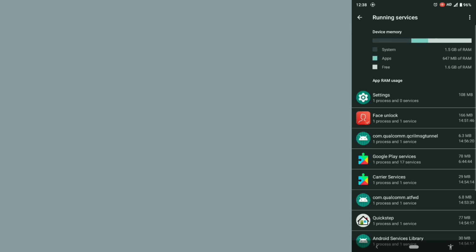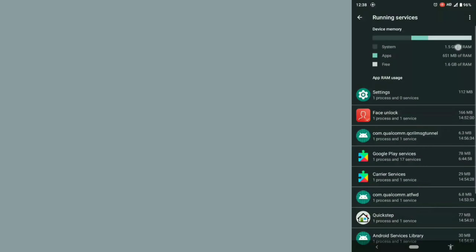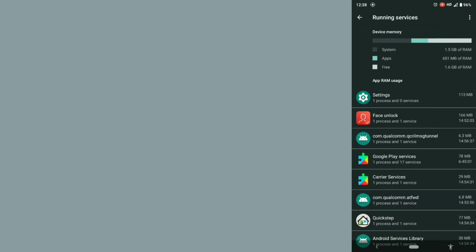So what you have to do, first thing, you have to reboot your mobile phone. Switch off your mobile phone and switch it on again, come back to this location and see the system RAM status here. If it has come down to 1.5 GB or around, then that is normal. If it again shows 2.5 something, then you have to do a factory reset. There is no other option to reduce the RAM usage by the system, so you have to do the factory reset, so that the system software which you have updated will go back to factory state. So this is the second.